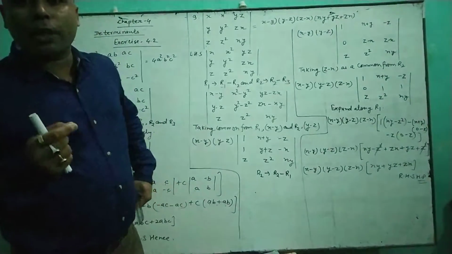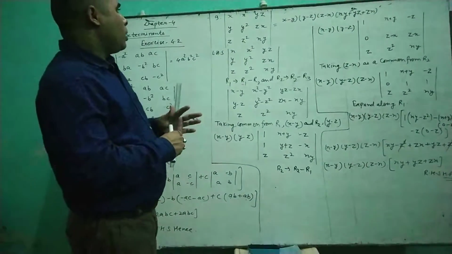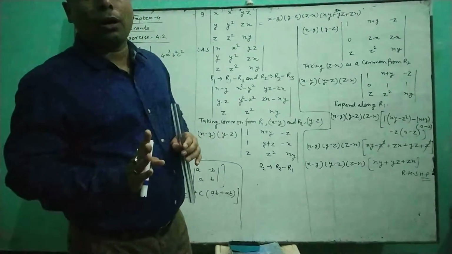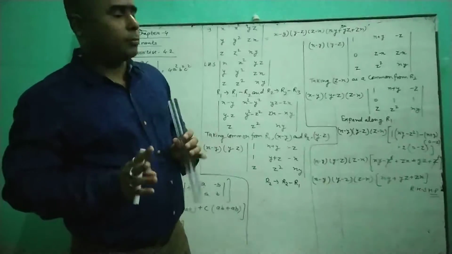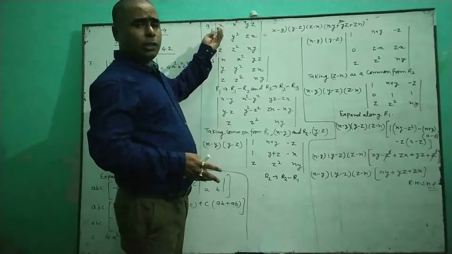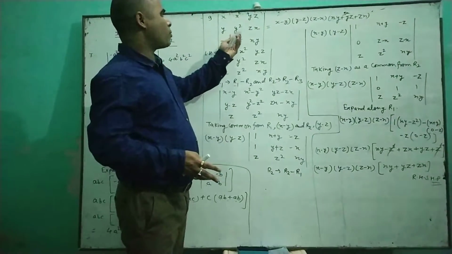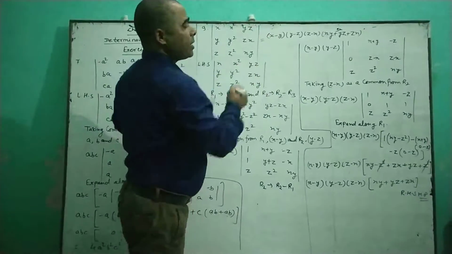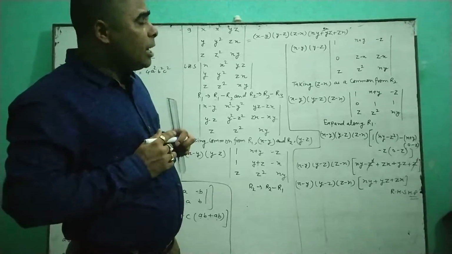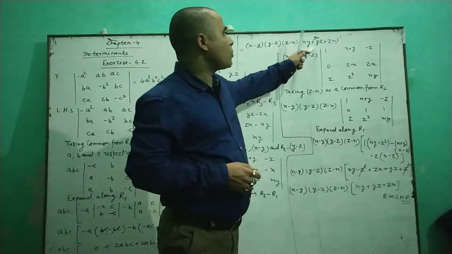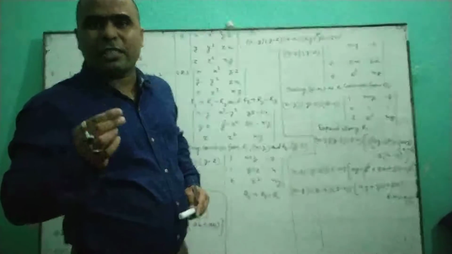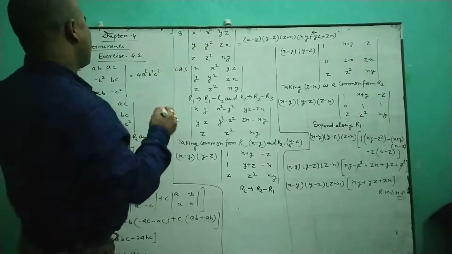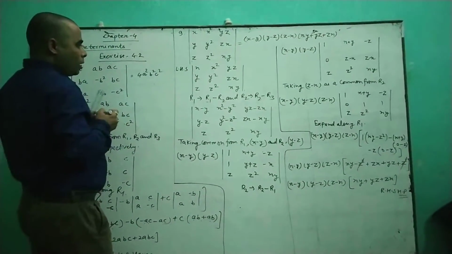Now one more question where we have to use more than one property. Question number 9. This type of question is very important for 4 marks in your board exam. This is the question: x square yz, y square z square xy, is equal to x minus y, y minus z, z minus x in bracket, and after that in bracket xy plus yz plus zx. Now this type of question depends on the cyclic process. Cyclic process means suppose that we have to use here.